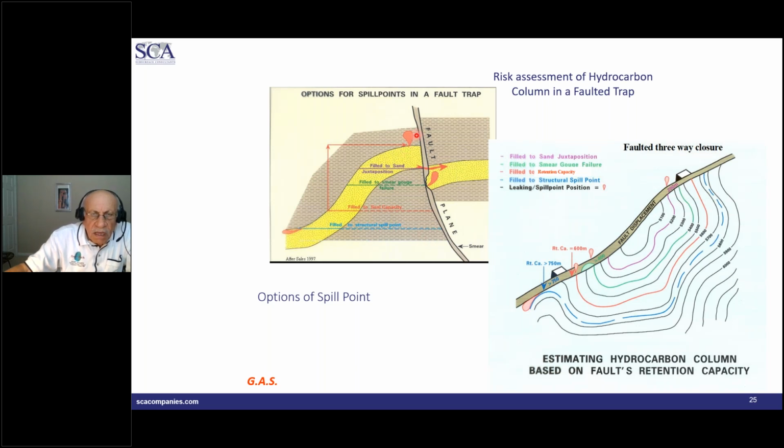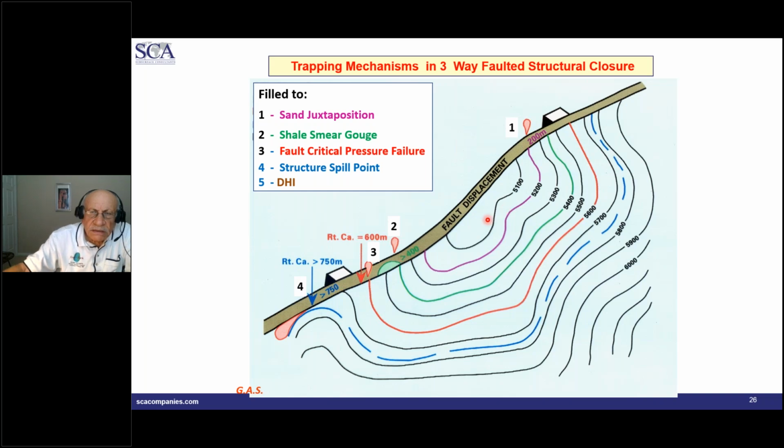Here is the risk assessment of hydrocarbon compartmentalization due to fault systems. Most of our prospects rely on faults, most of them three-way. Okay, so let's look at this. Here is the big fault here. What's the chance of trapping hydrocarbon? Number one, if your fault displacement is 200 meters, and your sand juxtaposition, the sand thickness, is 200 meters,